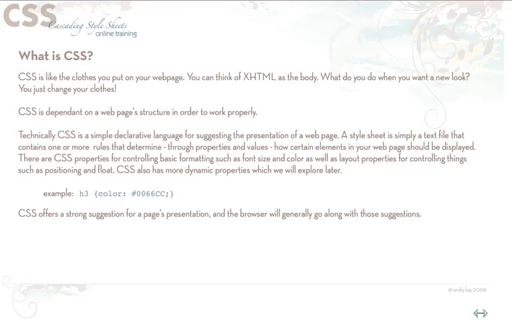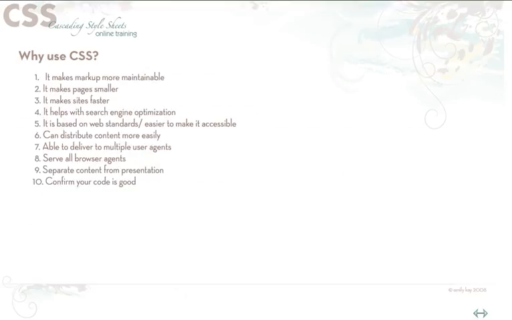Now let's talk about why use CSS at all. CSS has the ability to really streamline your web pages and make them look much better, and they will also act much better. So the first reason for using CSS is that it's going to make your markup more maintainable. Basically, you're not going to need the complexity in the code of your page to be able to deliver the same sort